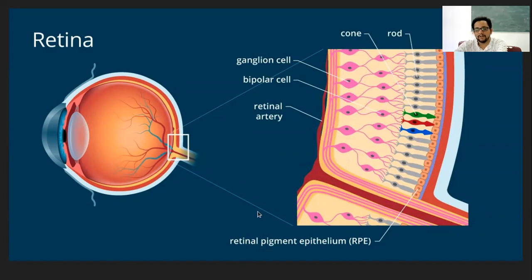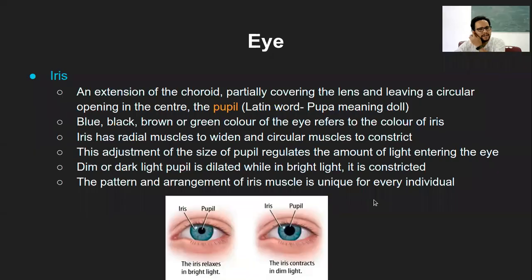Sorry, I missed mentioning the retinal pigment epithelium. So these square box like cells are the retinal pigment epithelium, which functions like any epithelial layer. You know the function of epithelial tissue or epithelial cells. So it's something similar with the retina as well. They will provide the nutrition, and so on. So that is the structure of the retina.